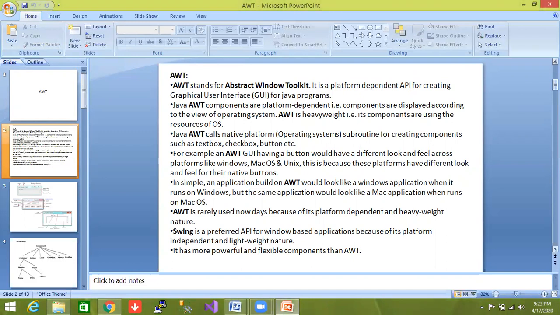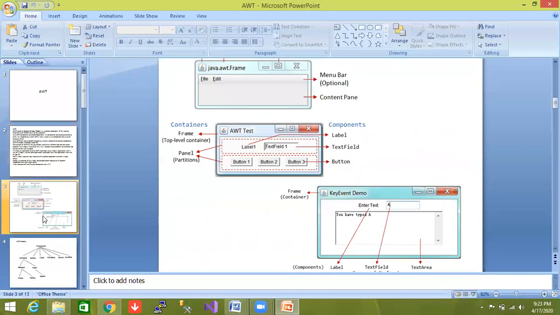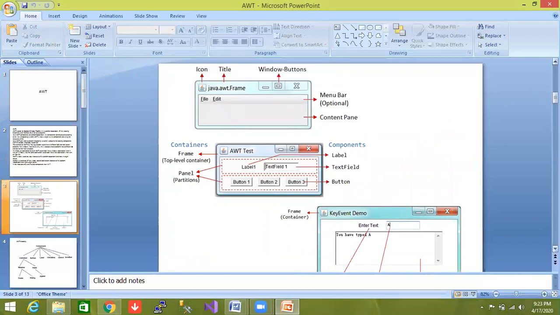Graphical user interface is nothing but what you can see in examples of GUIs on our computers. This is one window, also called a frame. In the first example, file and edit are all our options present in this menu bar.